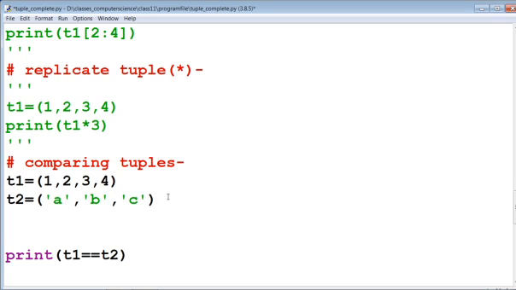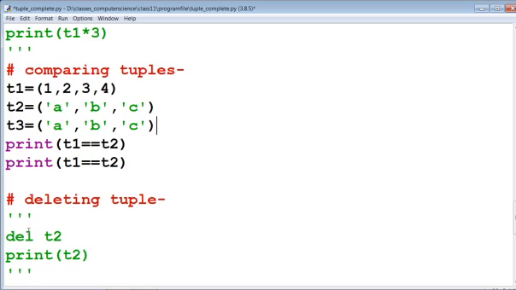If again we initialize the next tuple t3 with the same elements as t2, and then print t2 equal to t3, now we are comparing t2 with t3.